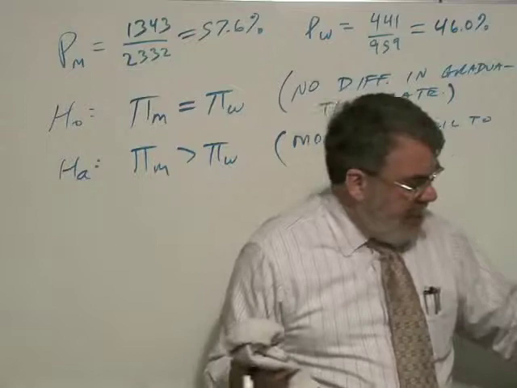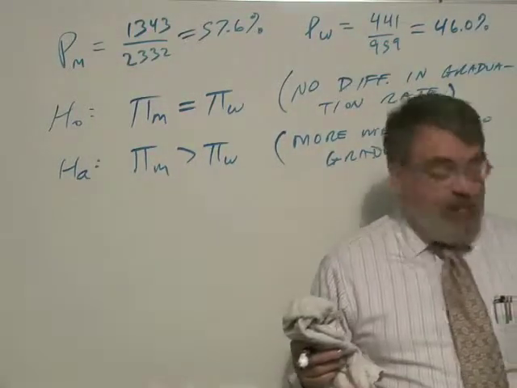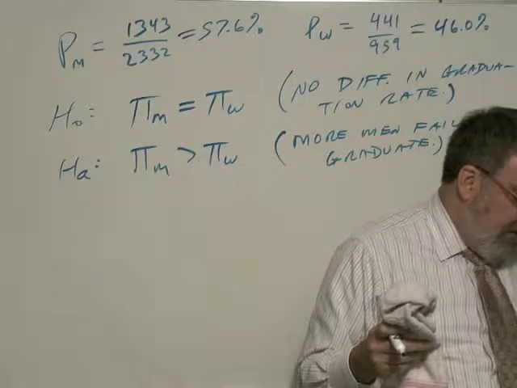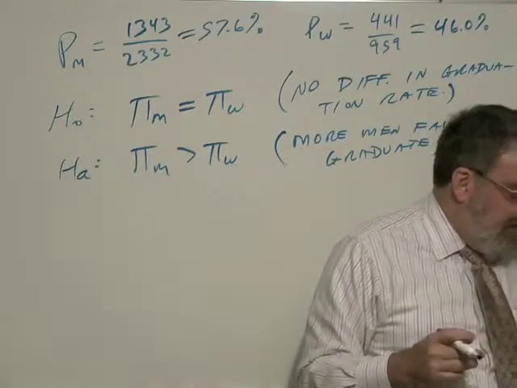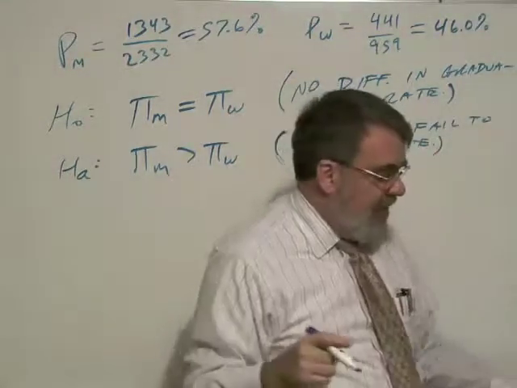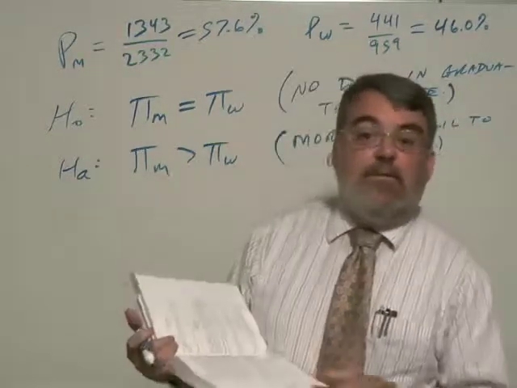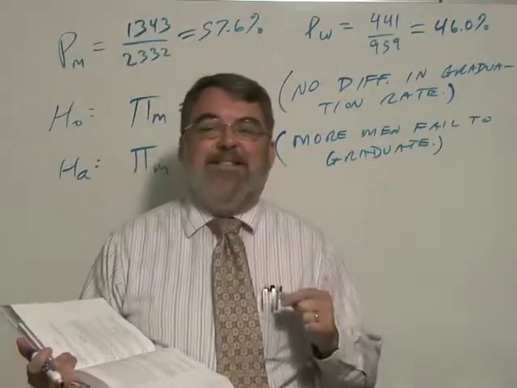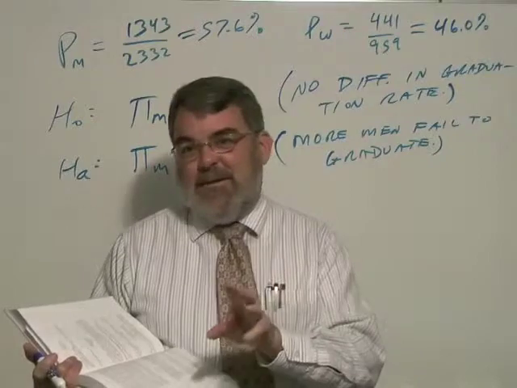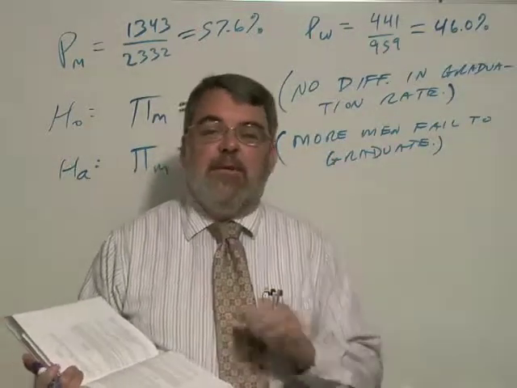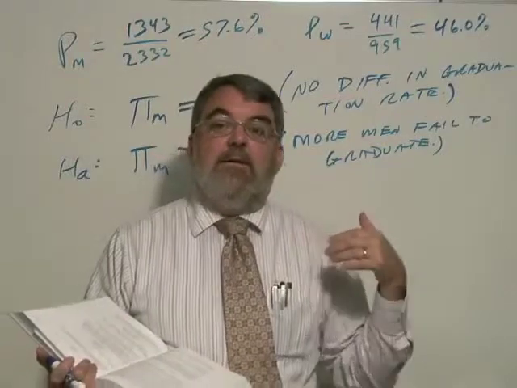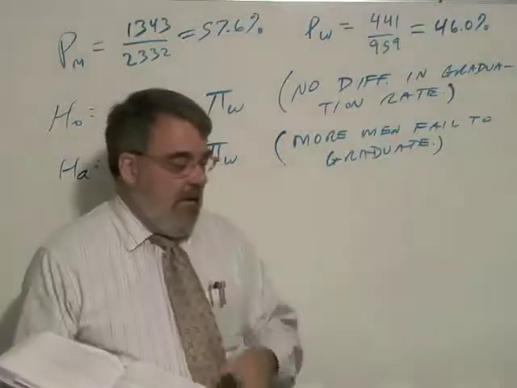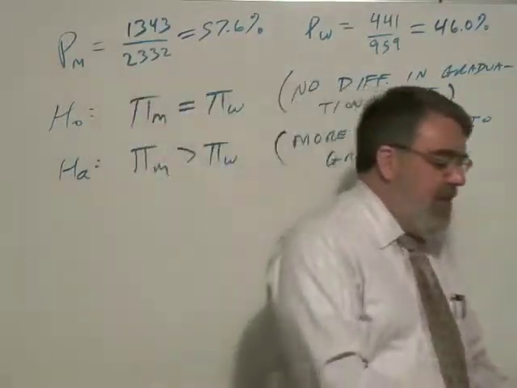The calculation for this type of problem, comparing two population percentages, is found on page 297. And because it involves percentages, proportions, those problems we calculate a z-score rather than a t-score. So if we're comparing means, you're calculating t-scores according to the student's t-distribution. If you're calculating percentages, you're calculating the standard normal distribution, the z-scores. And if you're wondering why there's a difference there, kind of technical, but